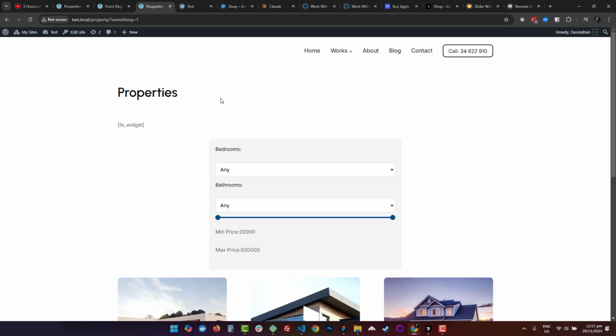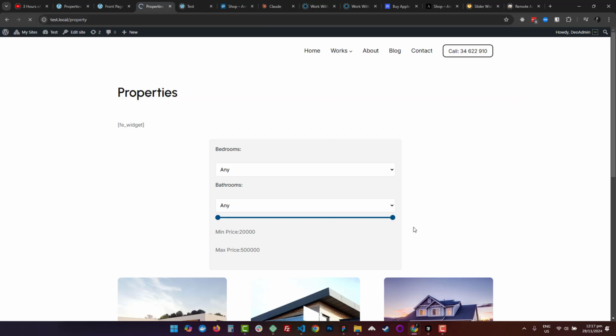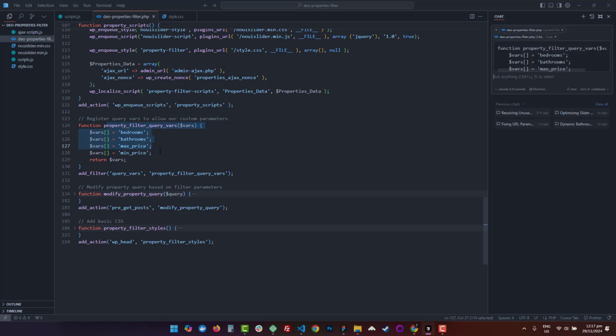Our query will understand this variable, right? So actually, I'll try to test. Maybe we actually don't need it, but I think that that's important